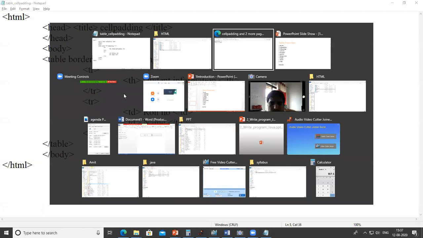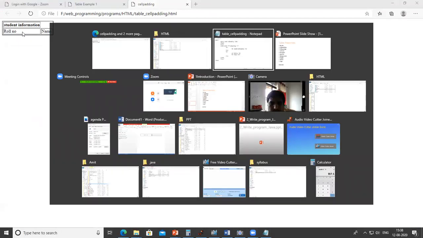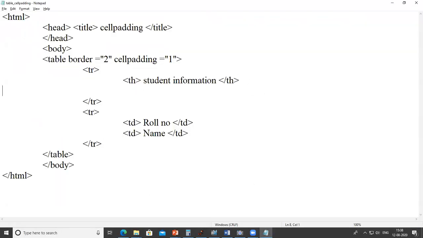So why does the structure look like this? Because here we use only one TR and only one TH, and here we use two TR, two TD, right? To change it, we add one more TD here, and refresh the page.